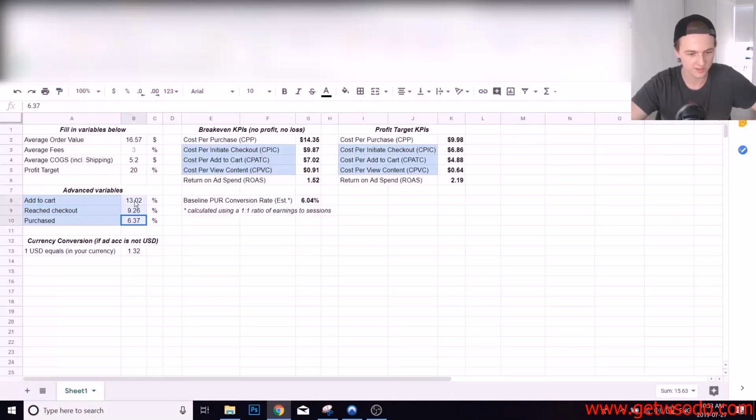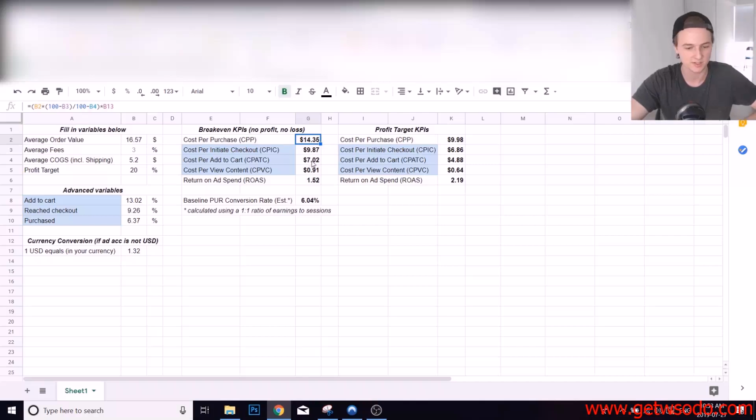So if you fill all of this in, it's going to use the cost per purchase to get the metrics for higher funnel metrics. So this is going to calculate what your break-even cost per initiate checkout is, what your break-even cost per add to cart is, what your break-even cost per view content is, right? So now I know that I can spend on average $7 per add to cart. I don't have to only look at purchases, right? Before I could only say I need to spend $14 per purchase max. Now I can say I can spend $7 per add to cart max, and so I can pause ads faster,